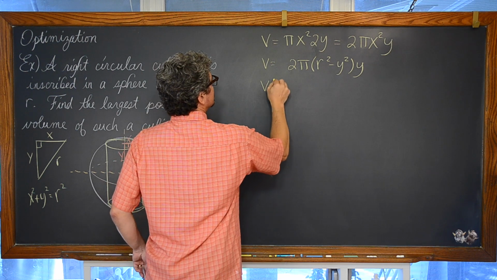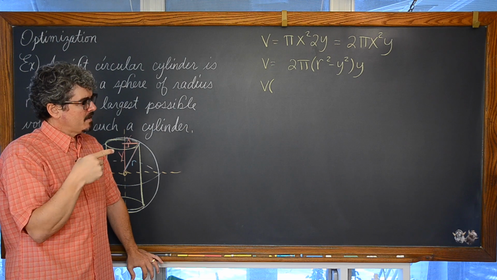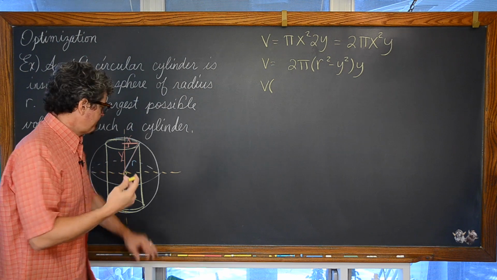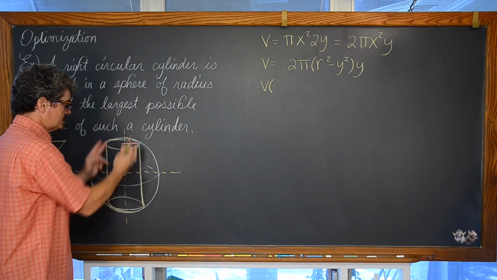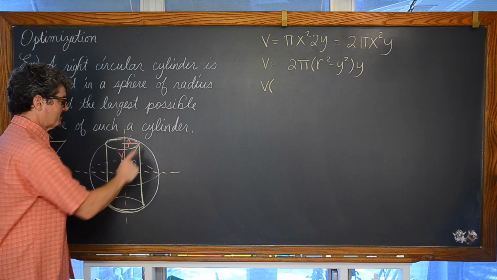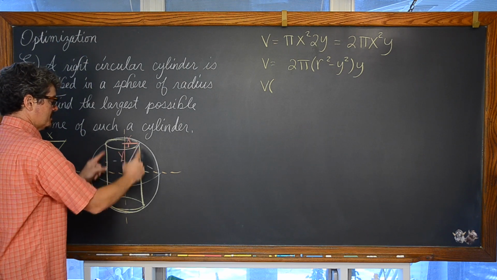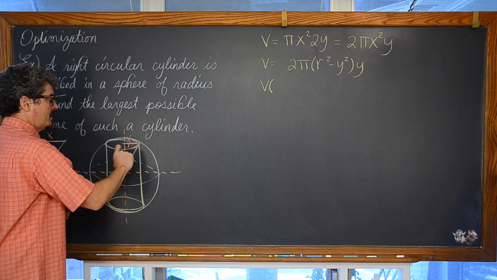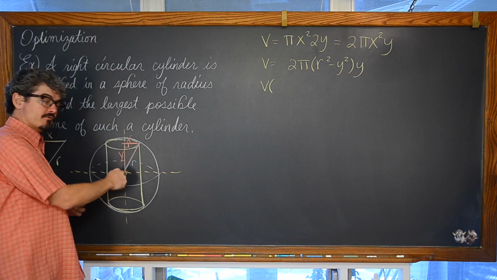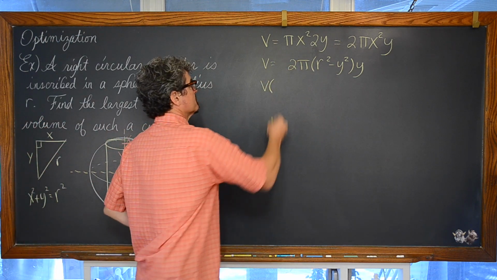And now we have volume in terms of what? Is the volume in terms of y or is the volume in terms of r? What would be more interesting? The volume of this cylinder is going to change, well, it is sort of based on the radius of the cylinder, but more importantly, we're changing the shape of this cylinder inside the sphere based on that vertical distance of y, which is the distance away from the origin. So this is basically volume in terms of y.